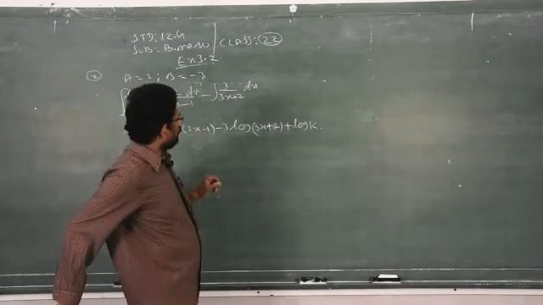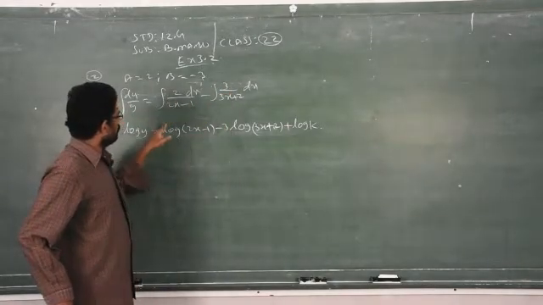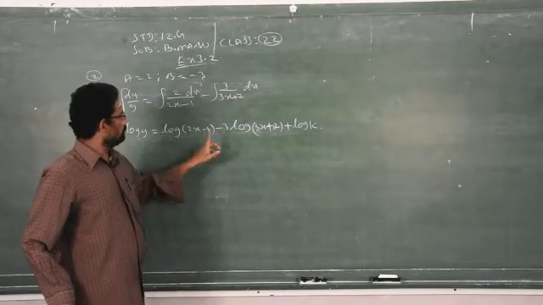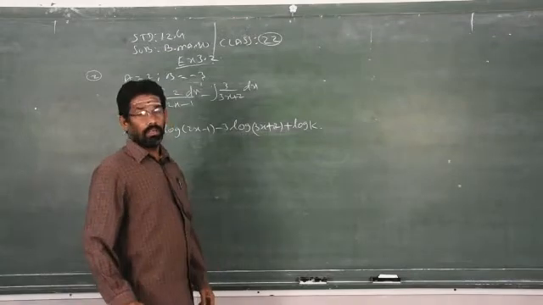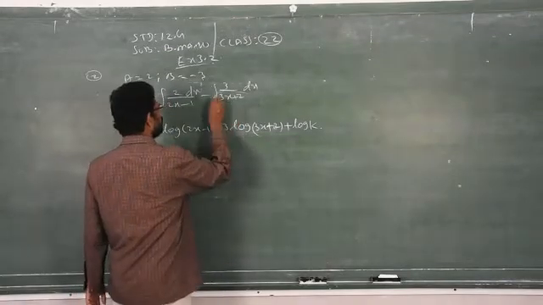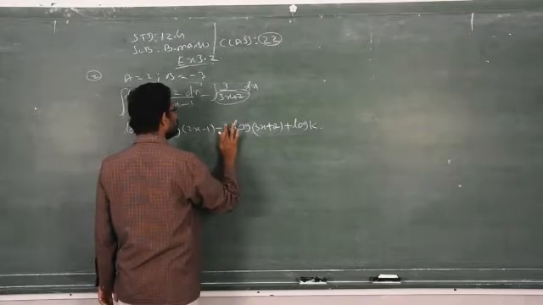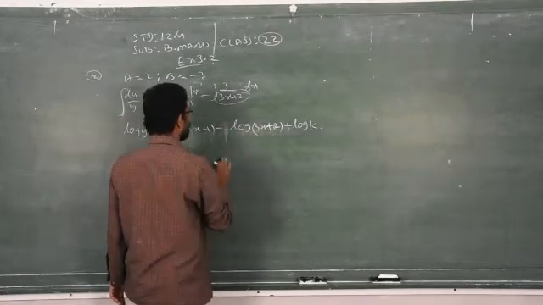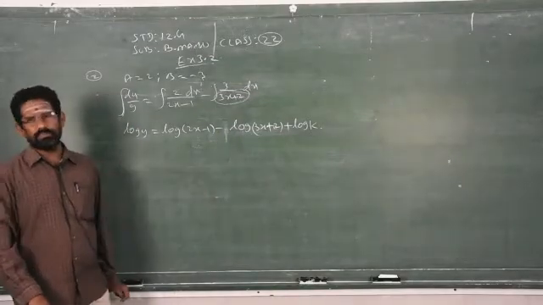I tell you right now, you see this is 3, I wrote here 3, but I did not write here 2. So if you write 3, then logarithm of 3x plus 2, your answer is wrong, because the differentiation of the denominator, 3, is exactly there, which means you have to apply log of the denominator, don't write this constant. Clear? Don't make that mistake.